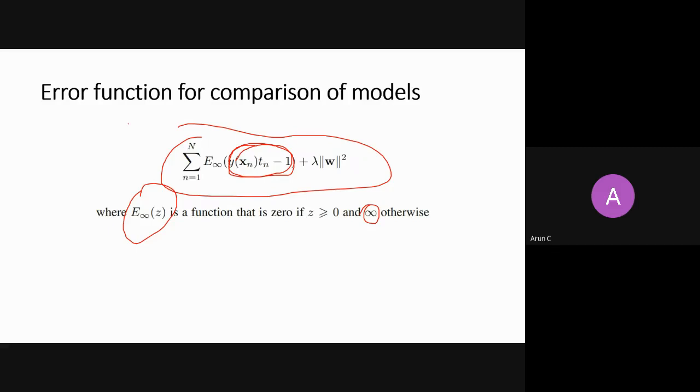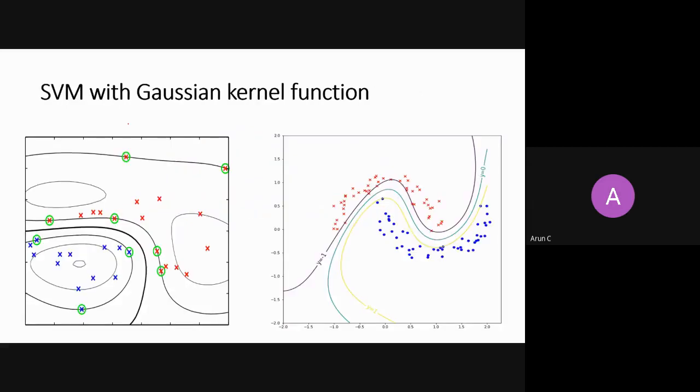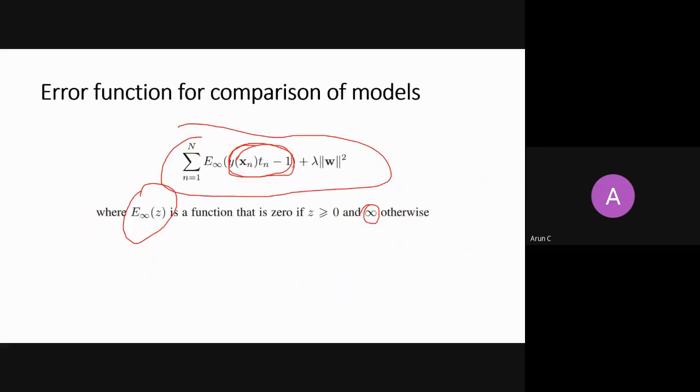Fine, good. So if it is not a problem, this is how you can do it. For an example, there are two things here. We have assumed the data is linearly separable. If data is not linearly separable, I can apply one trick. What is that trick? I'm asking a question. Whosoever wants to answer can unmute their mic and let me know. If data is not linearly separable, what trick can you apply?